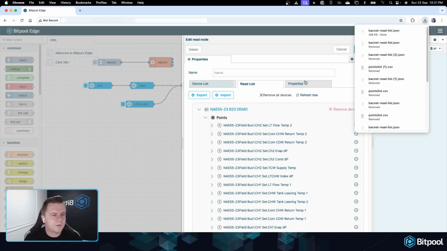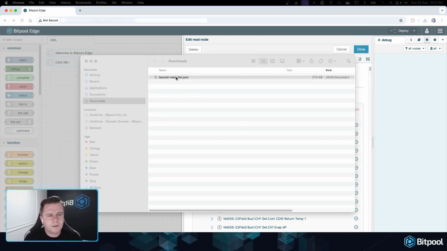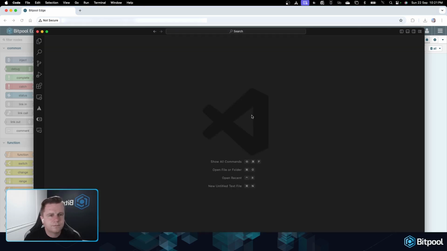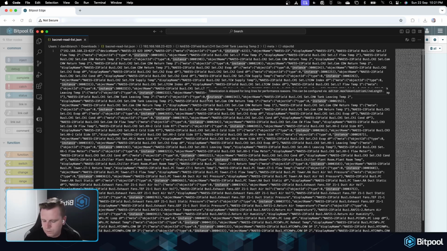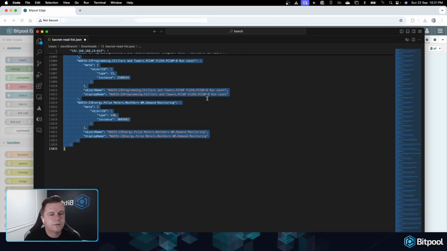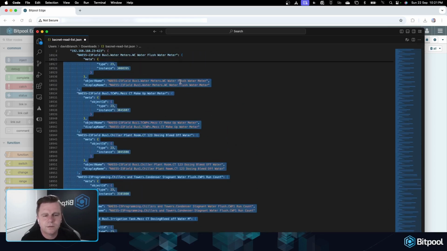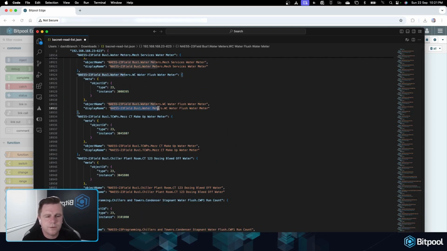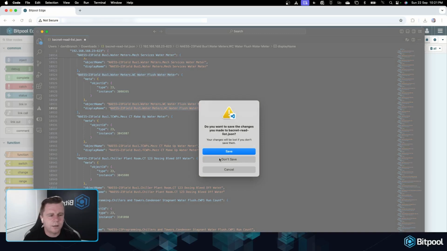So what I'm going to do is export this now over to here. We'll open this up, and we'll quickly format this. And this is what that JSON file looks like. Now, what I can do in here is run a whole heap of Python script over this. If I had some sort of CSV file with set naming conventions, I could run Python scripts over all of this. Or I could just go through the entire file and do find and replace, literally find and replace all of the names that I wanted to update, save the file, and then re-import that file back in